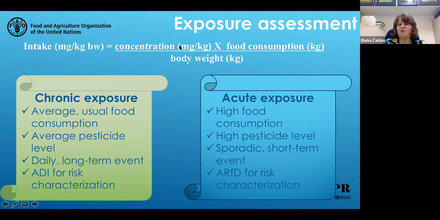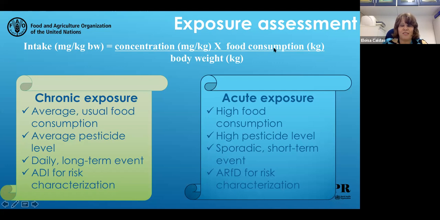Because if I have good concentration data, but bad consumption data and a bad estimation of the food consumption by a population and a bad estimation of the body weight of that population, the intake calculation will be bad. And the whole dietary risk assessment will not be good as well. So we are laboratory people. We are concerned about good laboratory data, but we should also be concerned about good consumption data to